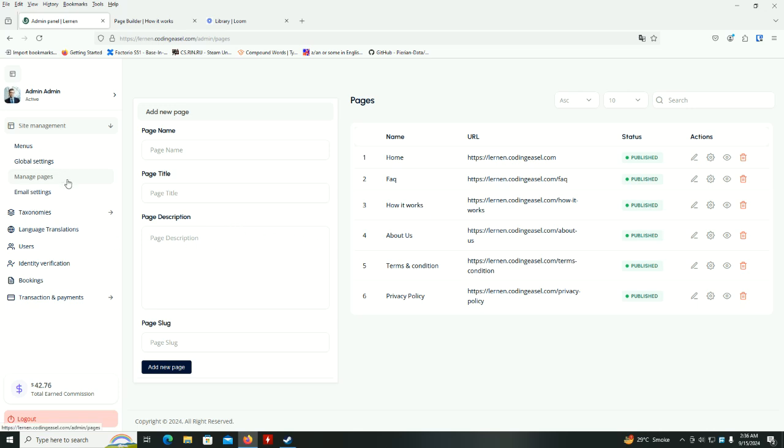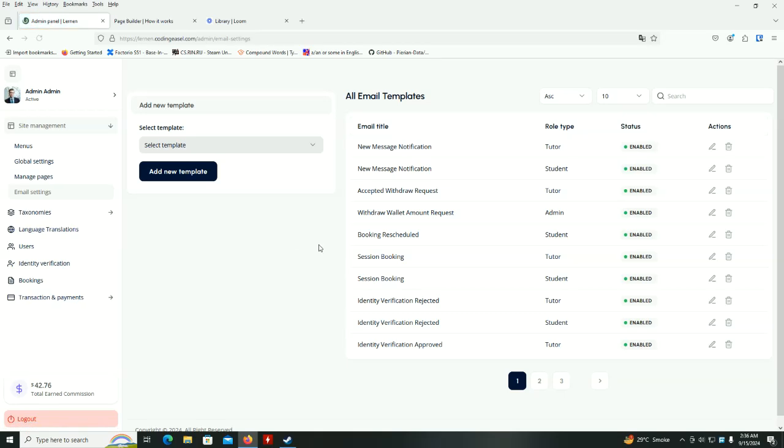Let's explore the email settings section. This area enables you to manage all the email communications sent from your platform, ensuring clear and consistent message to your users. On the left, you can create new email templates by selecting a template type and clicking Add New Templates. On the right, you'll find a list of all the existing email templates categorized by their titles, roles, and